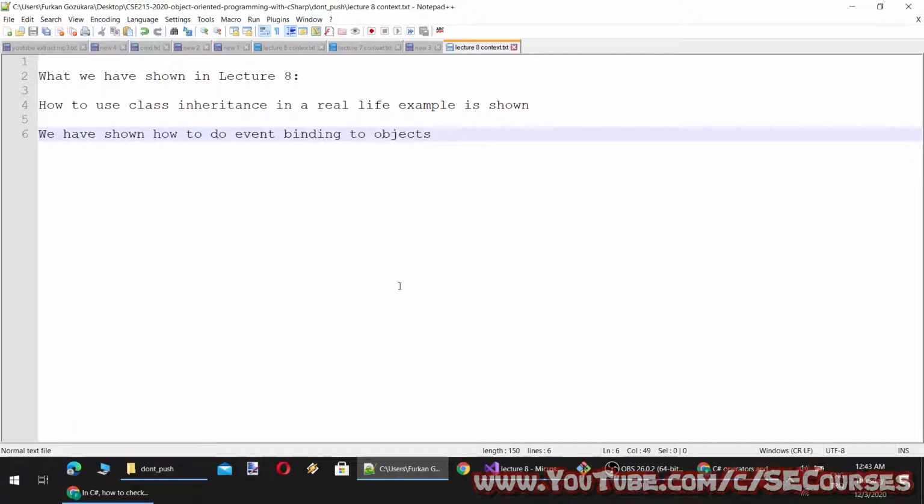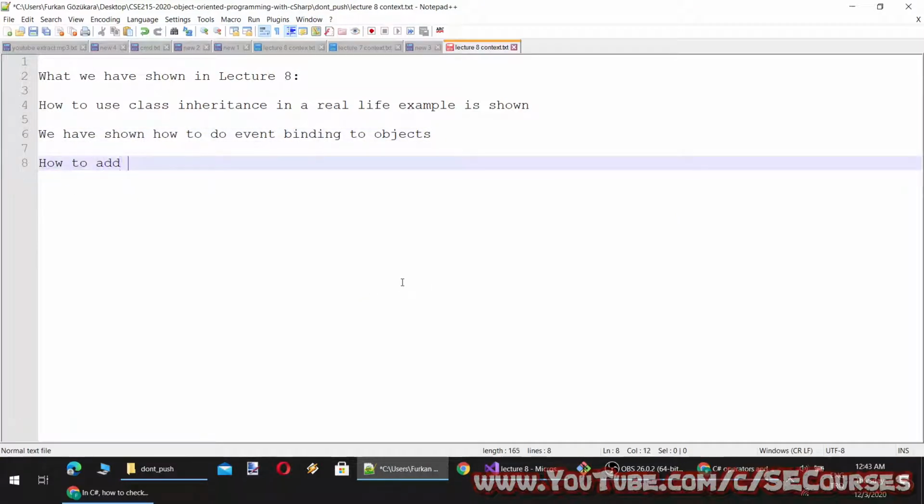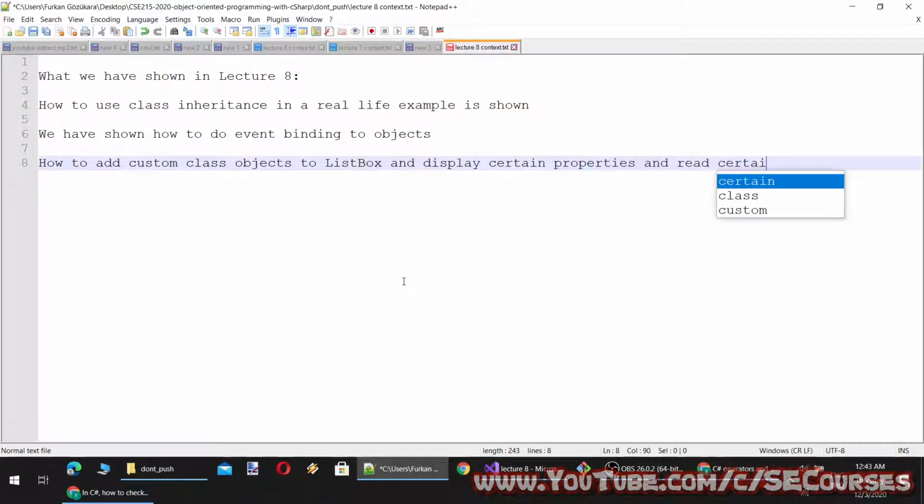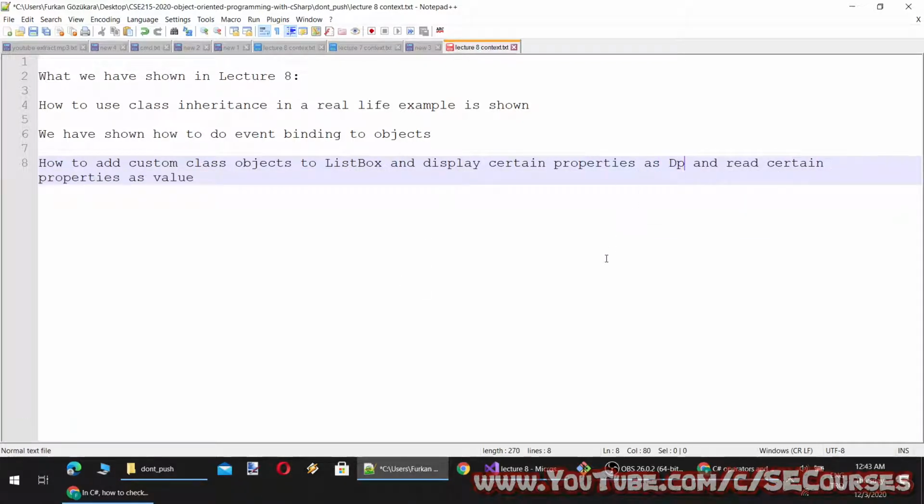Okay, and how to add custom class objects to this box and display certain properties and read certain properties as value, as display members. Okay.